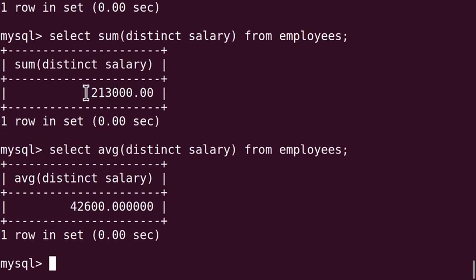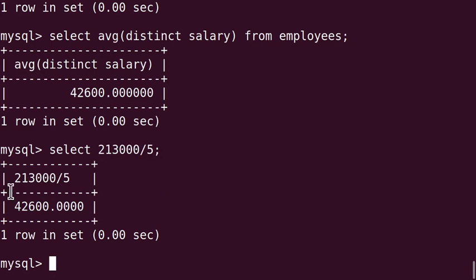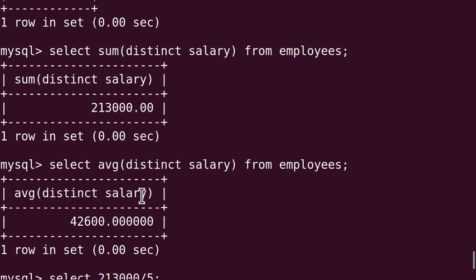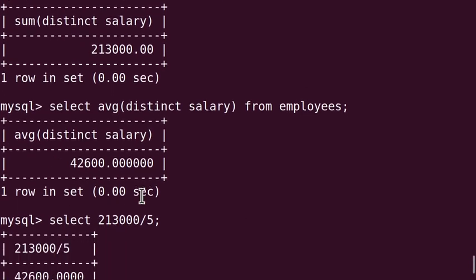So if we divide 2,13,000 by 5, we are getting this 42600. Let's check once more. Select 213,000/5. It will give us 42600, right? So that is your sum function and average function.